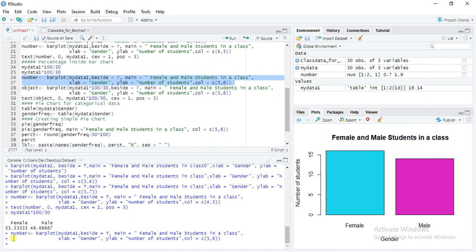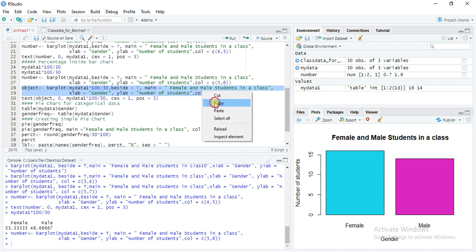After this, what should we do? I will write another script here. This is my script, copy, and I am pasting here.